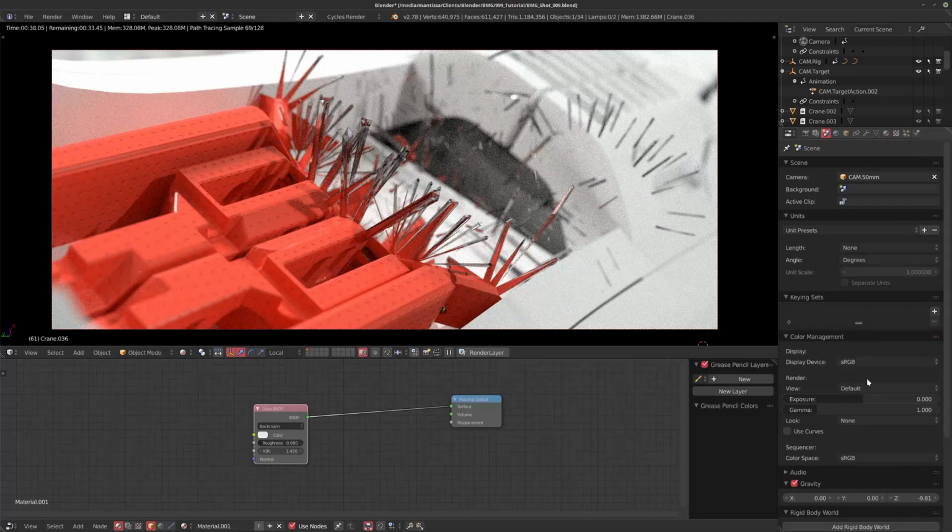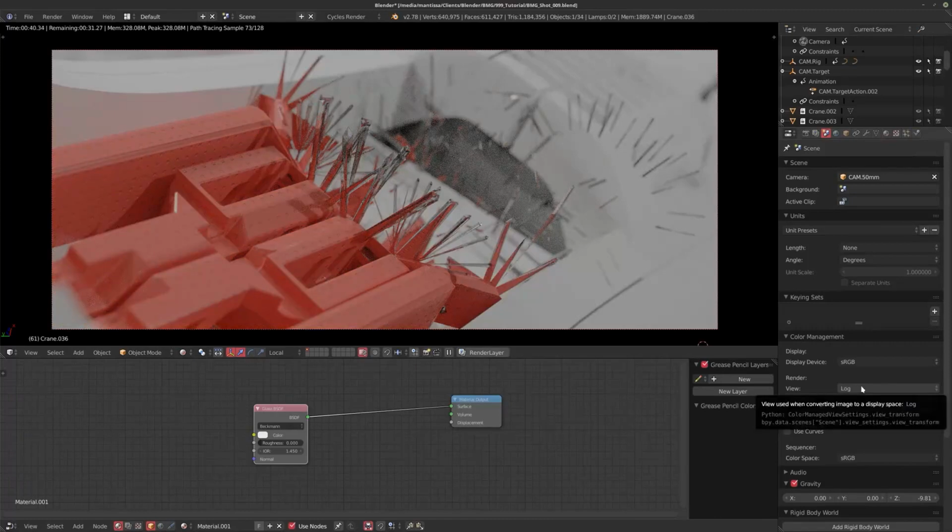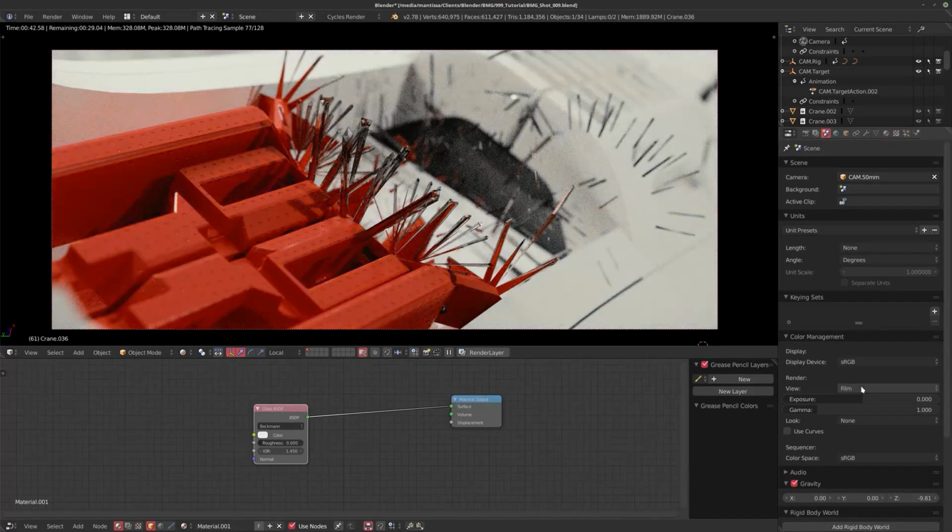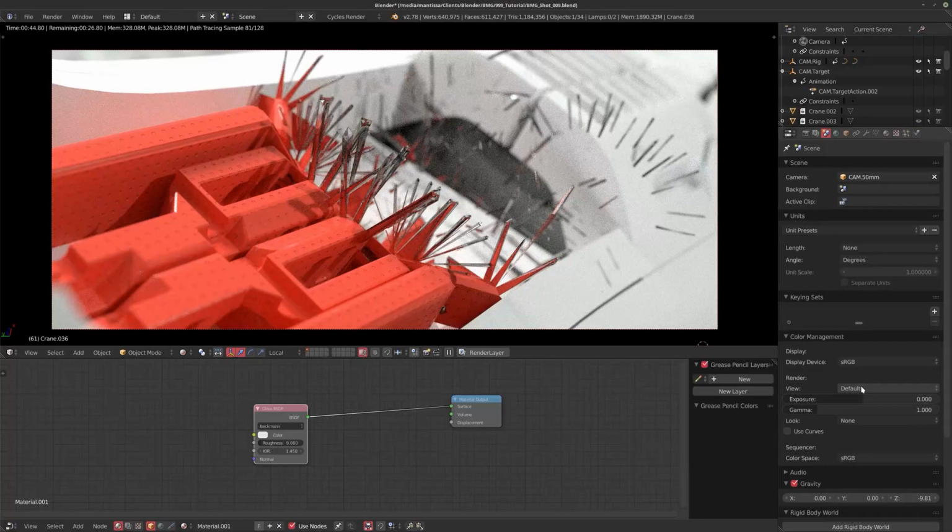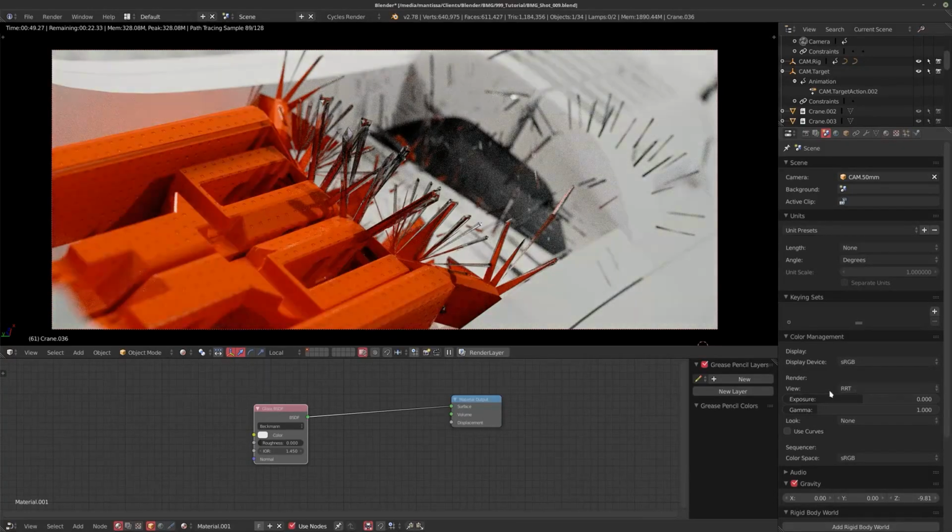So generally I like to mess with these. If you hold down Control and scroll, you can go through these different view color management settings. Now for the final result, I believe I use the RT color management. There's other people that really like the film one. The reason I don't like this one as much is it clamps down your colors quite a bit, and you can get results where your whites aren't really 100% white, and that bugs me sometimes because I like to have a nice dynamic range in the final image and a lot of contrast. So I found that the RT one gives really nice contrast to start with.